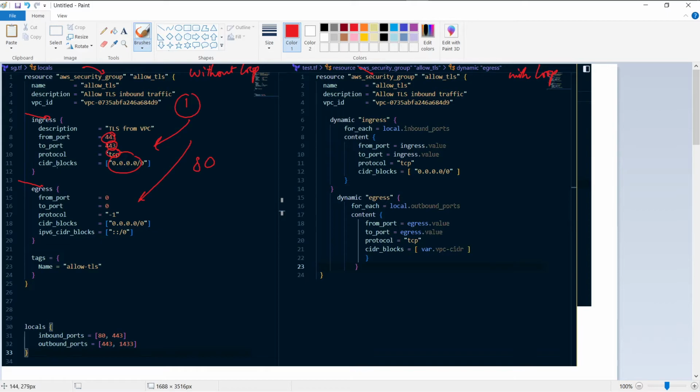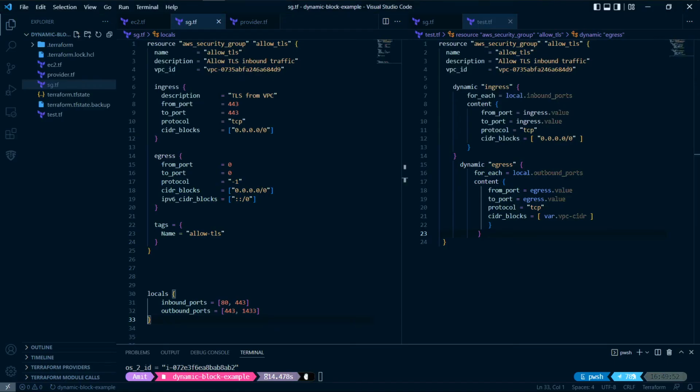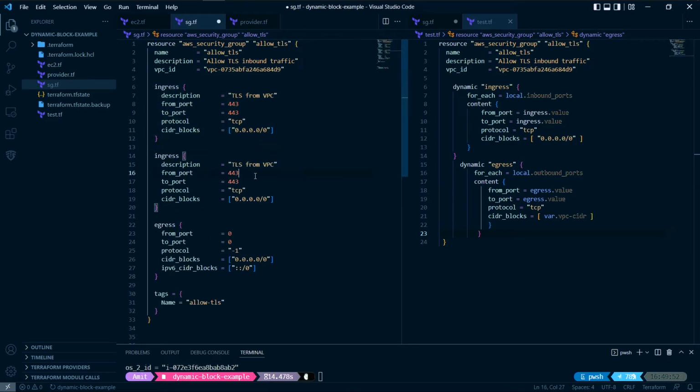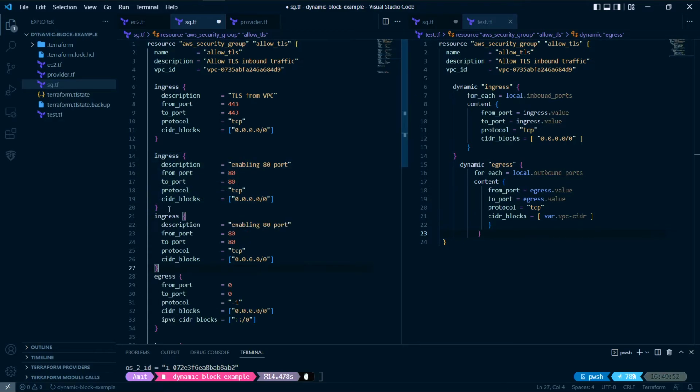So what I have to do is go here and create an ingress block, and I will give ingress again, and I will place that this is now 80 and this is also 80, and you can access this from anywhere. Enabling 80 port, just like this. Now if you wanted to use again, you have to do it like this, paste it again, and